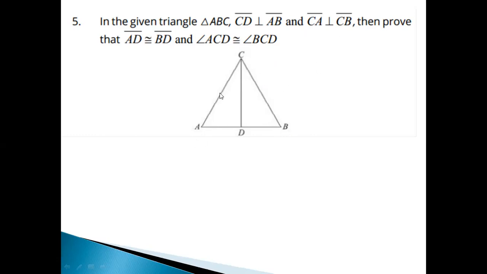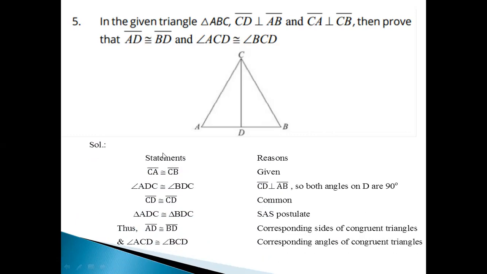If you check AC and BC, both lengths are congruent. What you have given is CD is perpendicular to AB and CA is congruent, this symbol will come here, congruent to CB. Then prove that AD is congruent to BD and measure angle ACD is congruent to measure angle BCD. So you have to show the congruency between